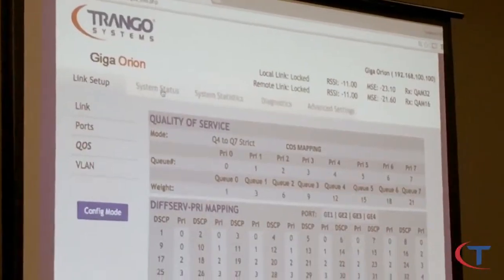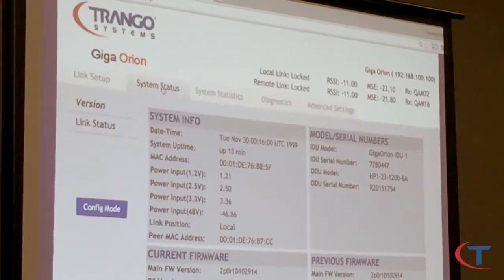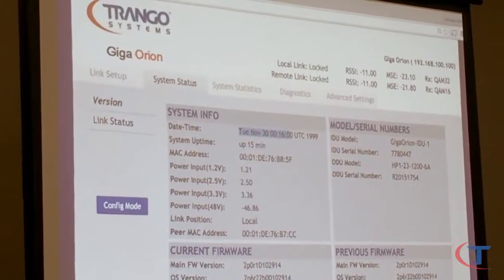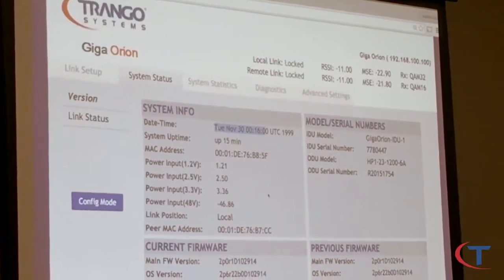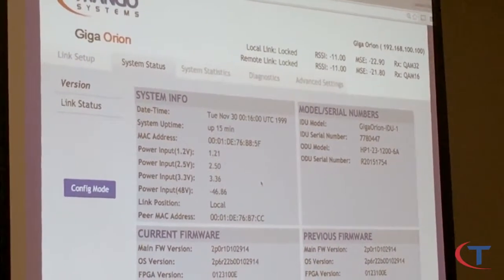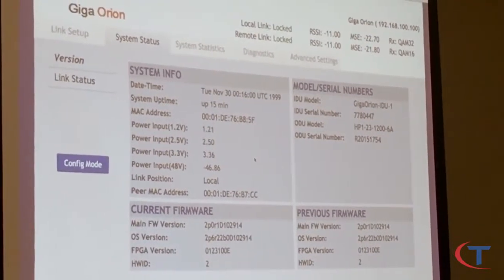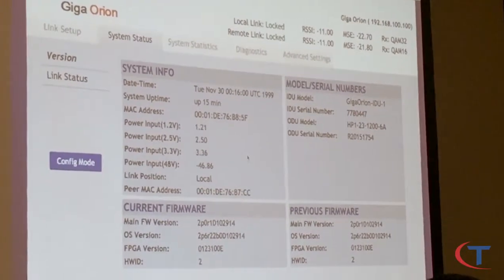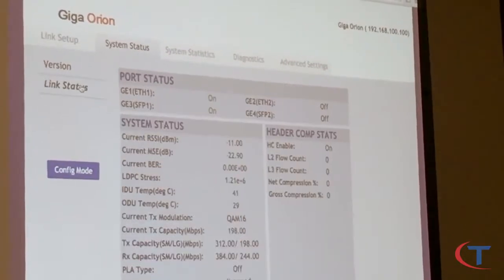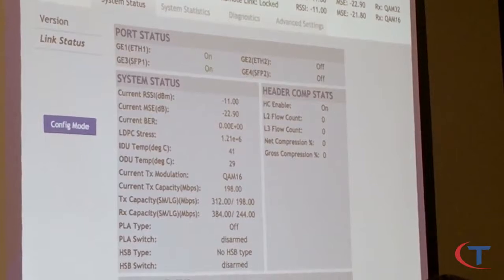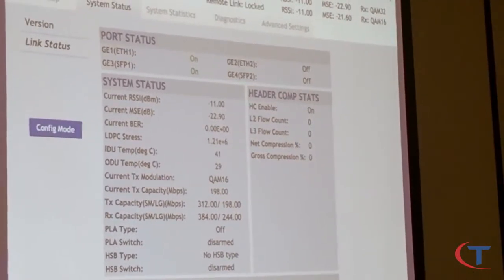I can do system status, look at firmwares, look at the uptime, look at the date. Wow, it has a clock. Ah, there you go. Now model information, serial numbers, everything is accessible here. Link status,